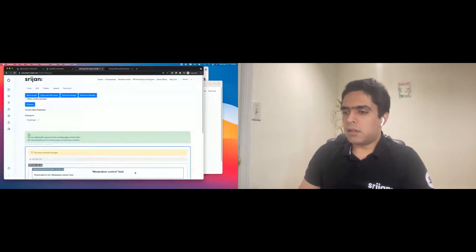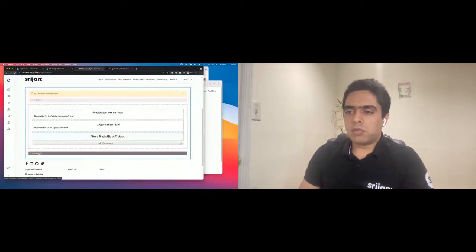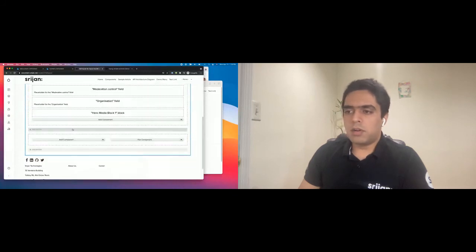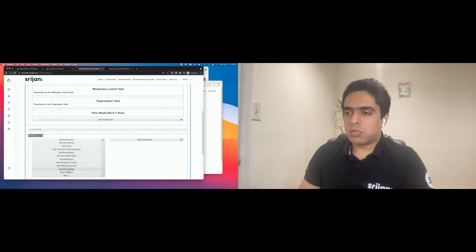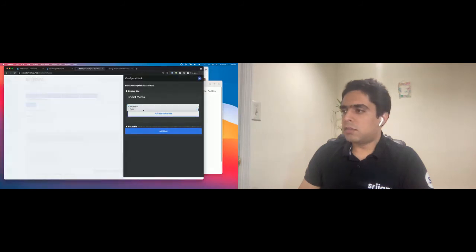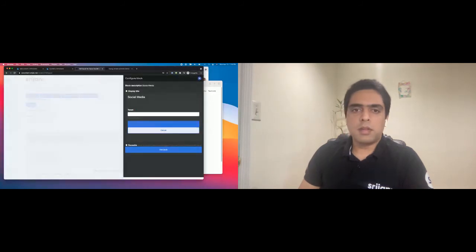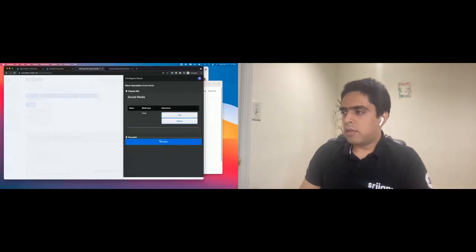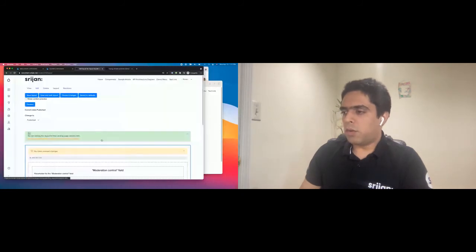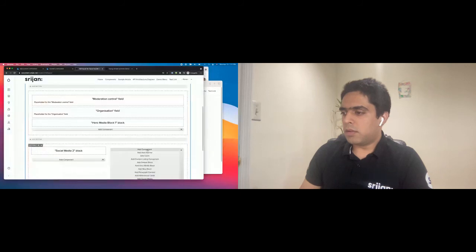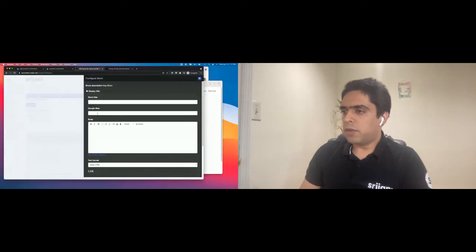I'm going to quickly add this. Layout Builder also lets you dynamically add columns. So I'm going to add 2 columns over here. On the left column, I'm going to add a social media post. Let's bring in a tweet here. So let me just grab a tweet URL. Okay, and then let's add one more component. Google Maps should be very quick. So I'm just going to give a,